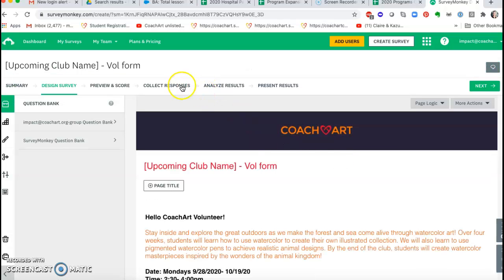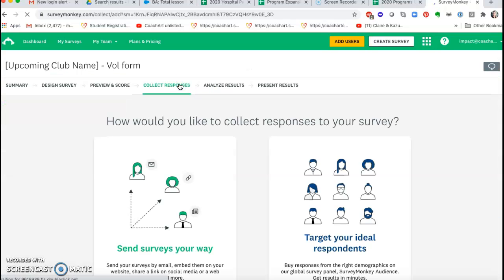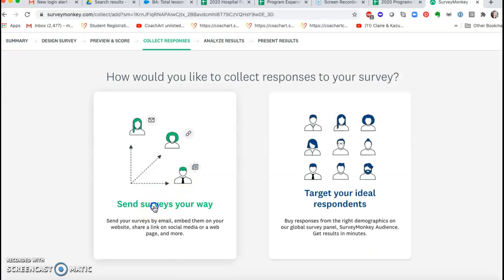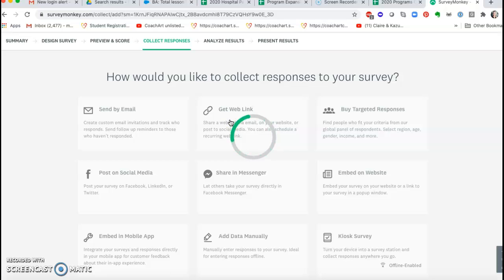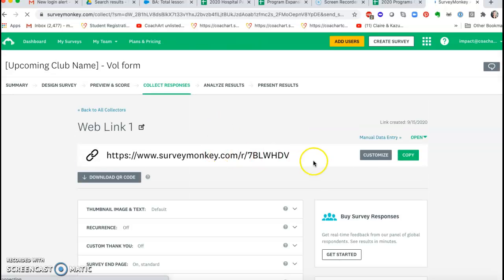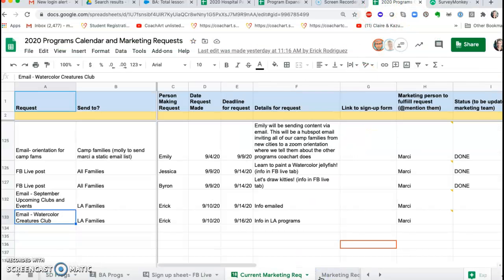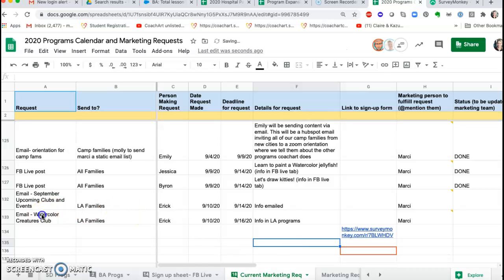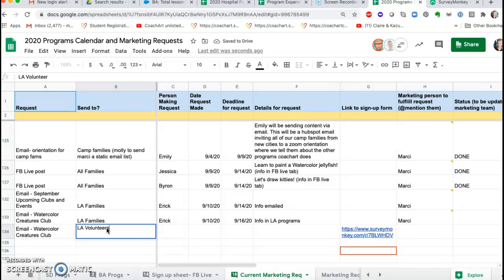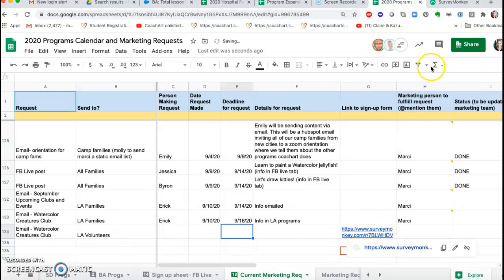And then what you're going to do is you're going to go to Collect Responses. You're going to click Send Surveys Your Way. You're going to click Get Web Link. And then you're going to copy this and go back and they added a link to the sign up form here. And so for Watercolor Creatures Club, for volunteers, if you were doing a volunteer form, you'd put it here. This would say it a little differently, LA volunteers, etc. So you just give the link there, and that way Marcy can go ahead and plug it right